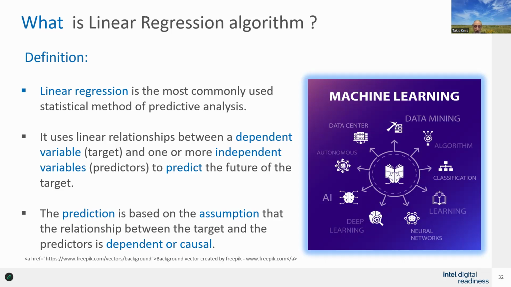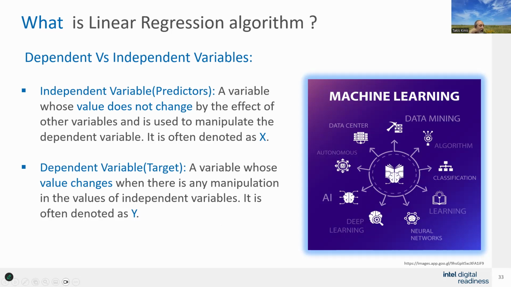And notice how they label them. The dependent variables are target variables, and then the independent variables are the predictors. And then combine those together, and then we can get a pretty clear picture of where things are going to go based on the data, right? But basically, the prediction is an assumption ultimately, and why we use dependent and independent variables, because the prediction depends on the variable or the input that we're putting in there. All right. So breaking that down even more, independent variables or the predictors are variables whose value does